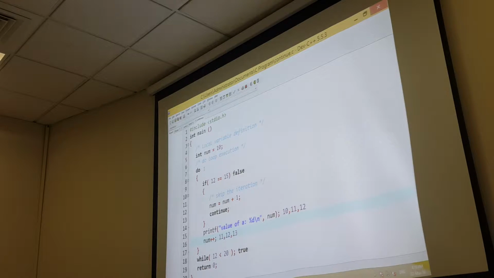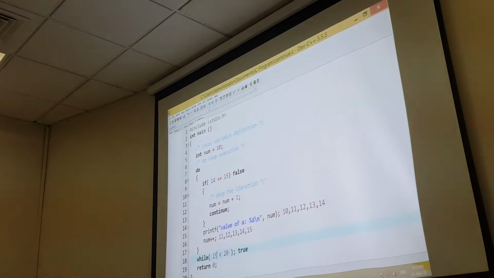Again it will check the condition first, sorry. Again it will go into the do loop, it is 13. Again false, it will display 13 here and it becomes 14, and 14 again this condition is true. Again 14, and it will print 14 here and it becomes 15.